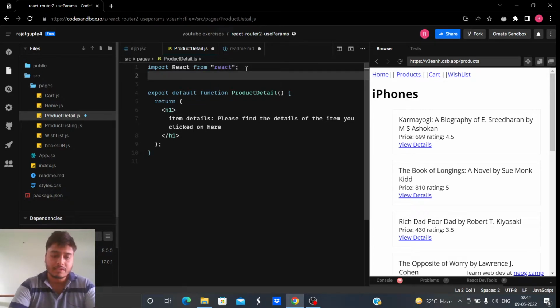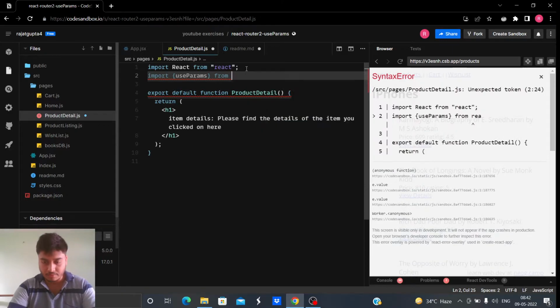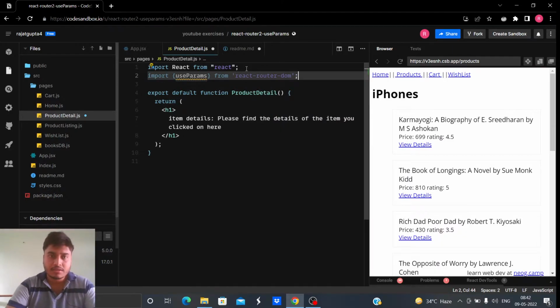So we'll import useParams, not from React, but from React Router DOM. Okay, so this I did.